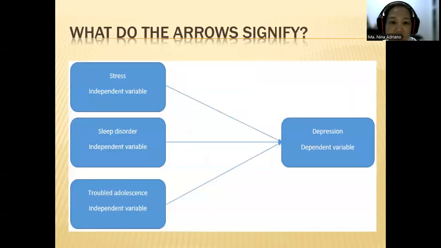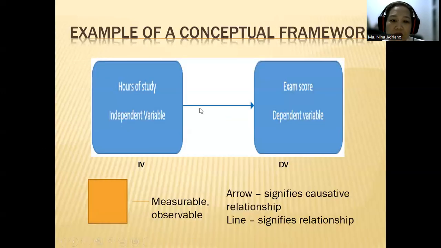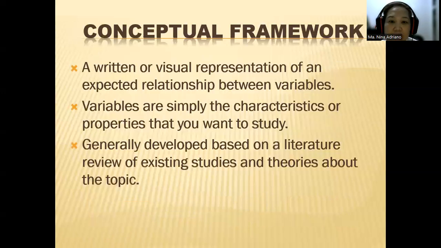So kapag ito naging linya, halimbawa dito, if you're looking at the relationship of the two variables, you do not use an arrow, you use a line because the line means relationship. So kahit hindi kayo magsalita, pag tiningnan ko ang conceptual framework, alam ko na agad kung ano ang ibig sabihin. What am I trying to find out in your study? Do I want to know the effect of one variable to another? Or am I looking at the relationship of two variables? What would give away that particular clarity is the arrow and the line. Kapag arrow, effect yan. Kapag line, relationship ang hinahanap natin.